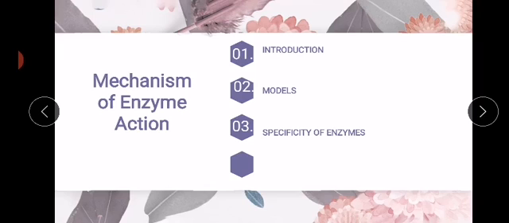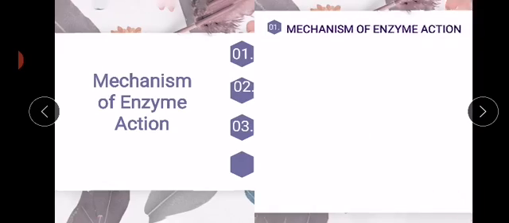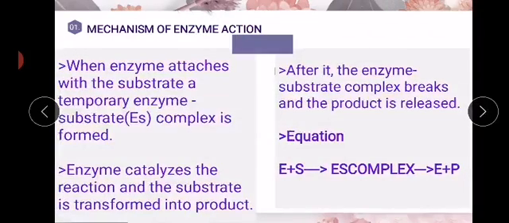How does an enzyme work? Well, before that, I will give a brief introduction about enzymes. What are actually enzymes? Enzymes are actually protein bodies which are used as biocatalysts. Biocatalysts means they speed up the chemical reactions within living organisms, or you can say they speed up the biochemical reactions. So whenever they are speeding up a chemical reaction, what are they doing in that reaction? Whenever an enzyme speeds up a chemical reaction, it works on the substrate and changes it into the products.